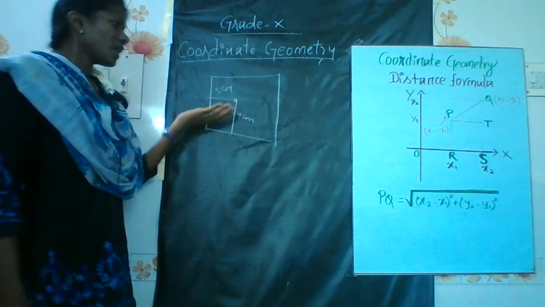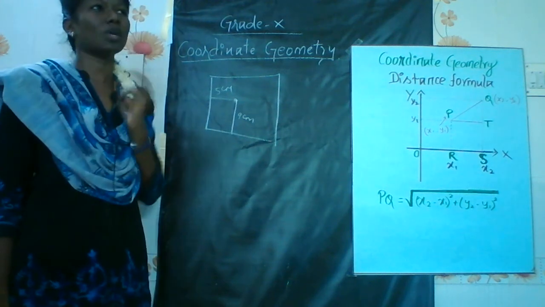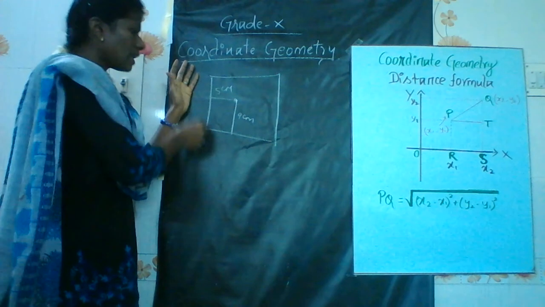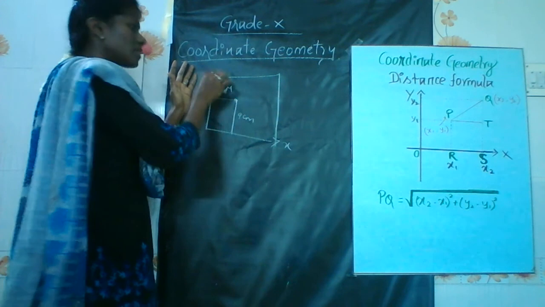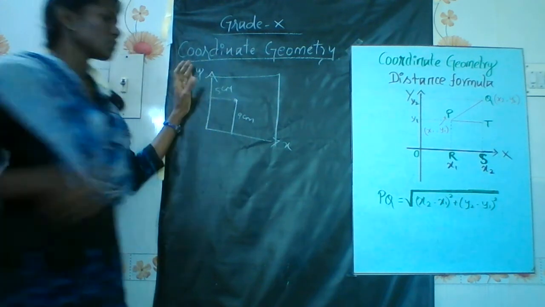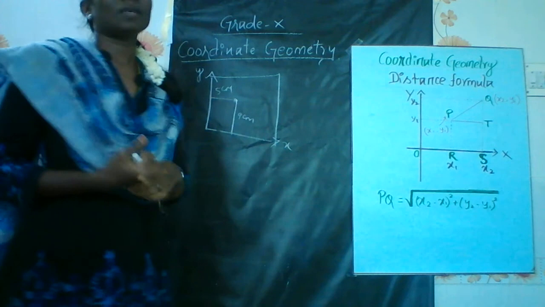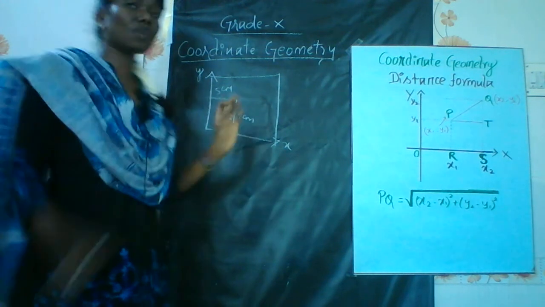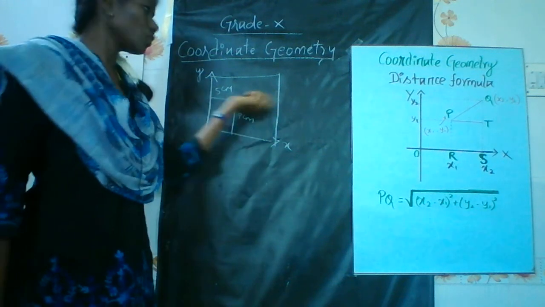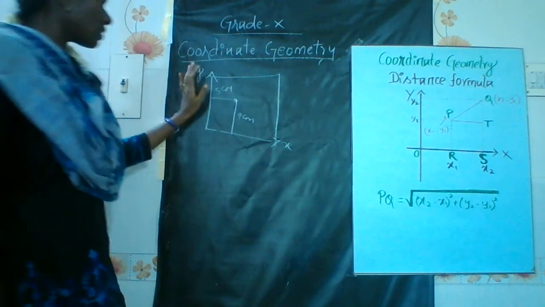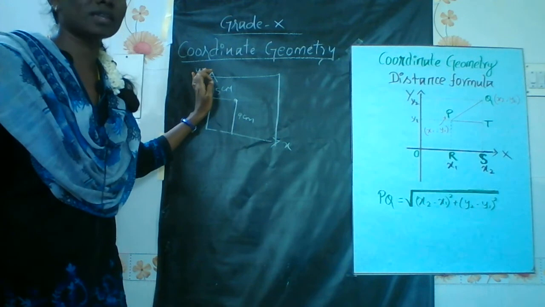Okay. Why I am telling this is, for locating a point you need two coordinate axes. Coordinate axis is nothing but this line, and this line. We are considering this as x axis, and this as y axis. So, by using this I am going to teach coordinate geometry. Coordinate geometry is nothing but the study of geometry using coordinate points, like 2, 3 or whatever else. The study of geometry by using coordinate points is called coordinate geometry.